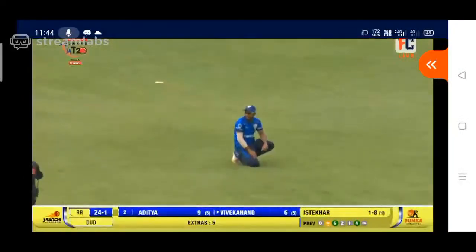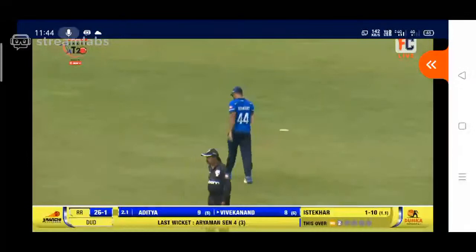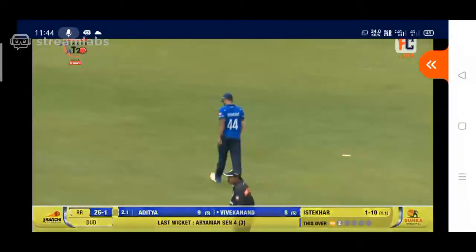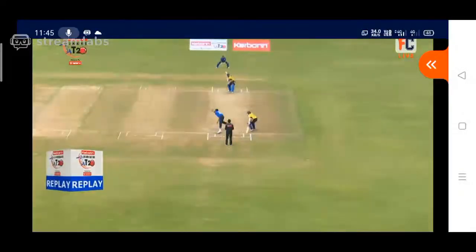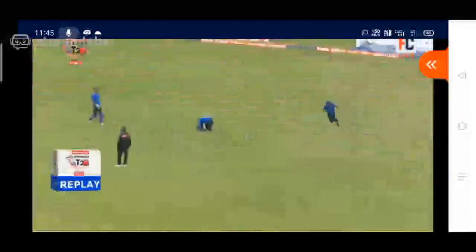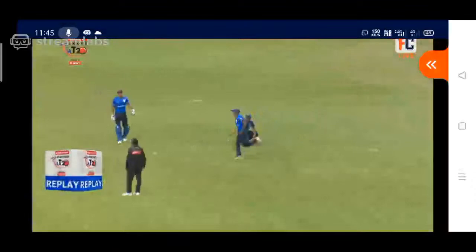You cannot do that in a limited over game. You just cannot do that. It should have been taken there. Yeah, that should have been taken. That went high in the air. The fielder who was nearer, he wanted to take it. Look at this. He floored it. What can you do? The ball just inside that 30-yard circle, and it was dropped.